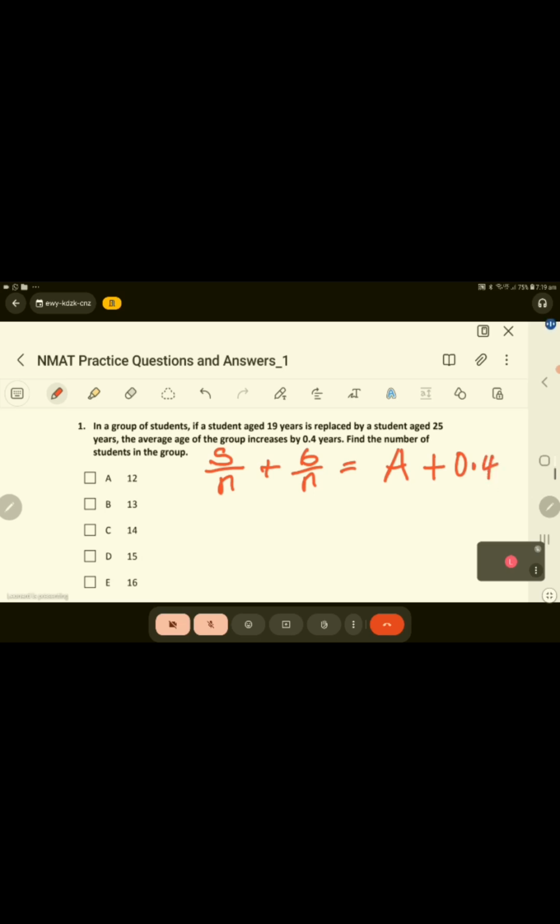So this 6 over n is responsible for 0.4. That is a way of saying that 6 over n is equal to 0.4, or